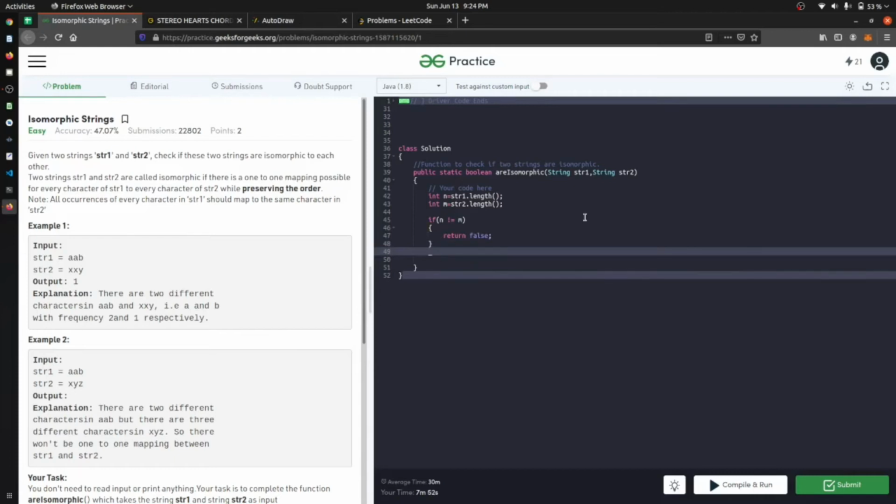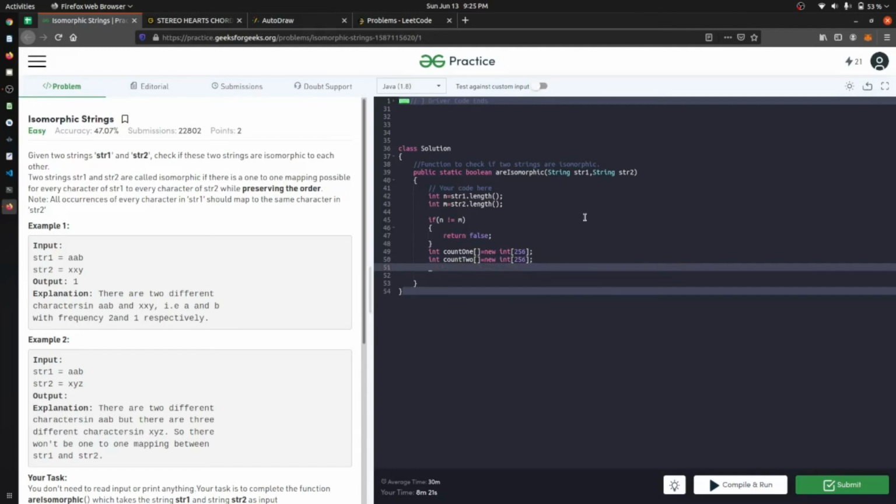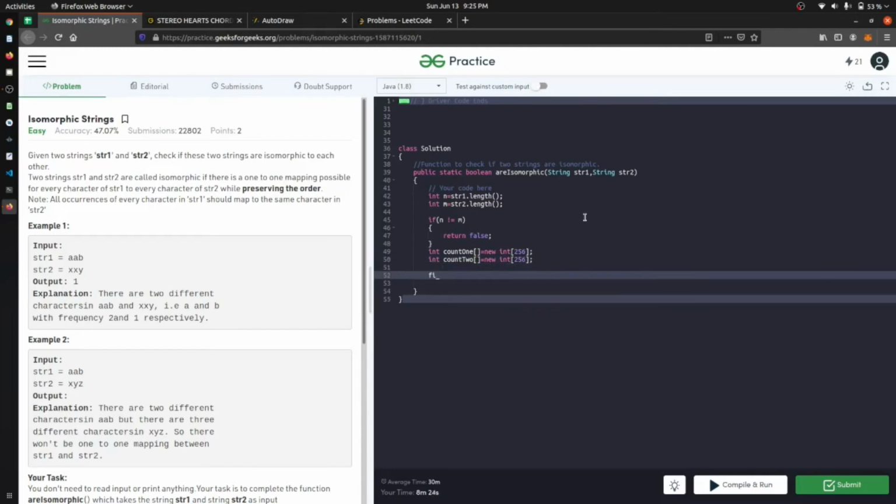And after, we will just create two arrays, count 1 array, it will be a new int of 256. Okay, and again we will create count 2, a new int array of 256. Okay. And after we will just iterate the loop for int i is equal to 0, i less than n, and i plus plus.